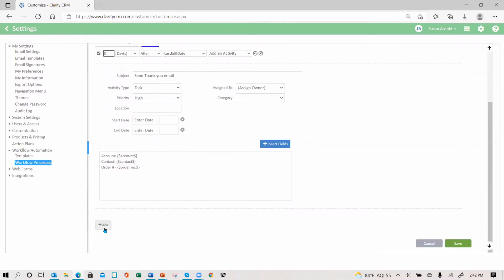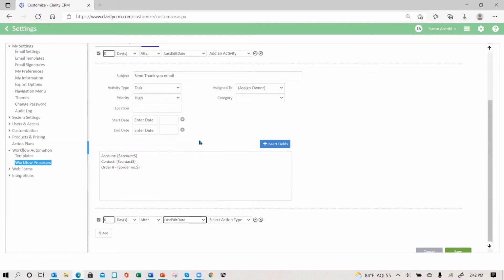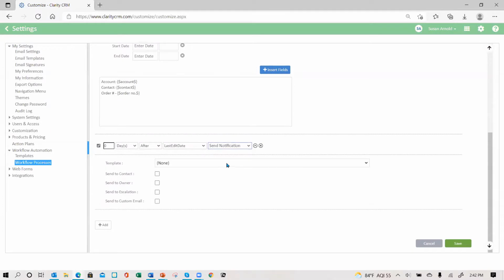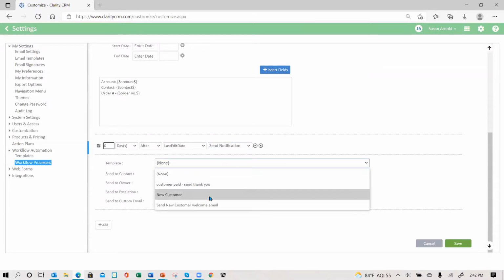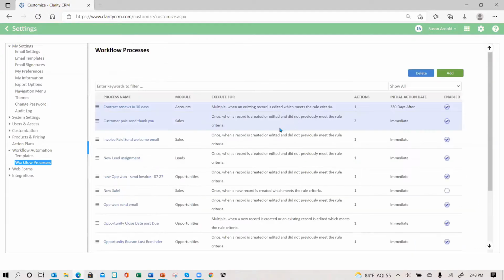All right. I also can add a multiple one and say, 0 days after the last edit date, I could send a notification, and then I choose and send it to the owner. So you can have two things as a result of the trigger, just to make sure the person does it. Okay. And then again, if I log out,